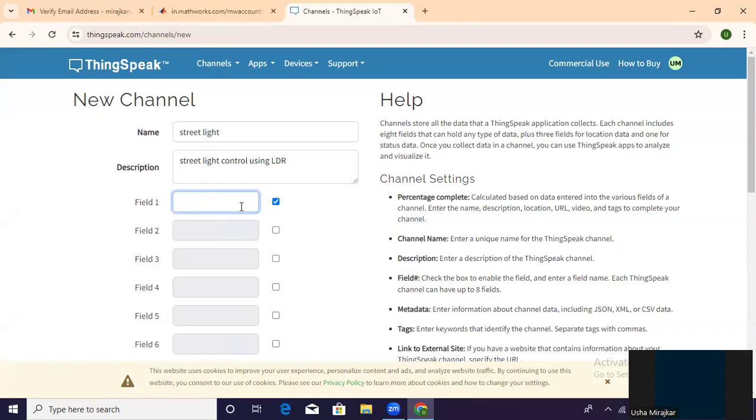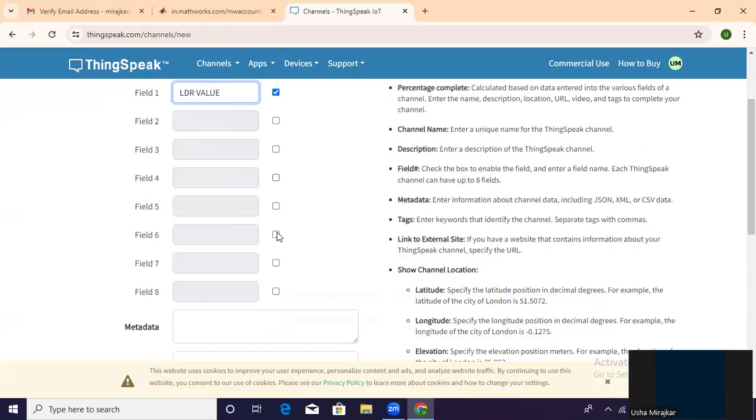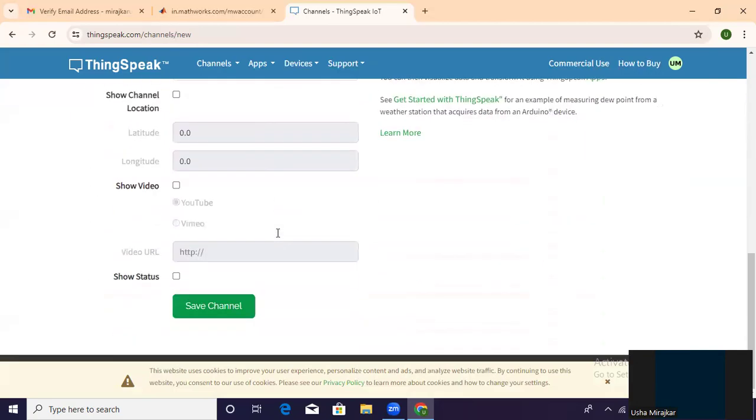Therefore, I can give LDR value here. Only one thing we are measuring, that is the LDR value, the intensity of the light. Therefore, only one field. Next, save the channel.